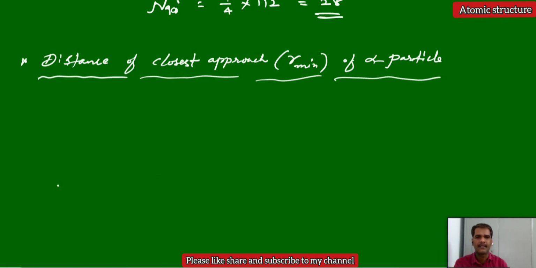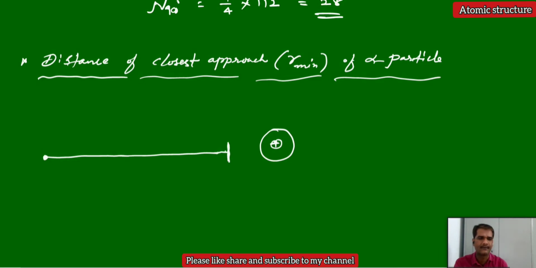Again, according to the Rutherford experiment, we know that we have some atom. Let us take a gold foil here, a gold atom. In the center we have the positive charge, and somewhere here we have the alpha particle. We are passing this alpha particle through the gold atom. Let us assume it is moving to the center point. Then it cannot reach exactly close to the nucleus. Somewhere here it will stop.